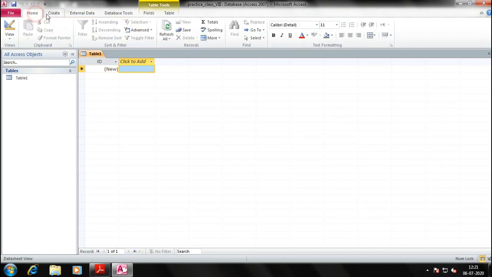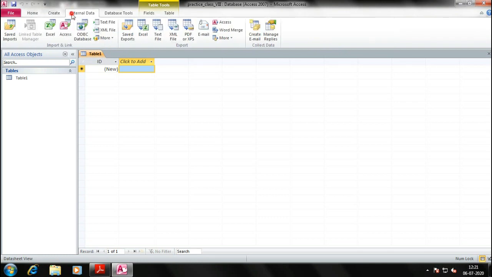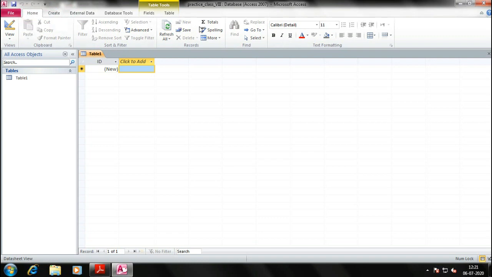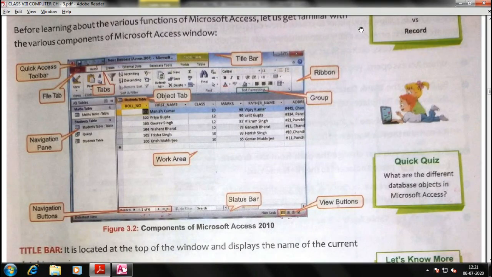Home, Create, External Data are known as tabs rather than menus, because with the enhancement of technology, Microsoft has given different versions of Microsoft Office suites and different software. So they are now calling them tabs, because under a tab we have different options or menus.